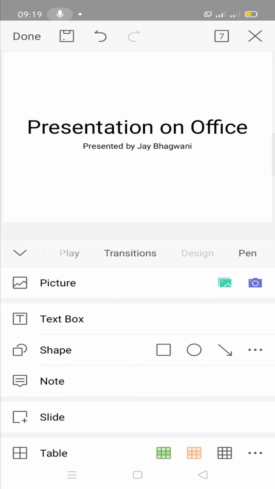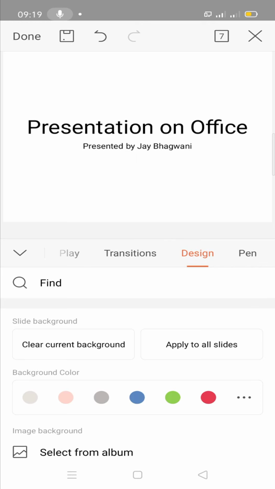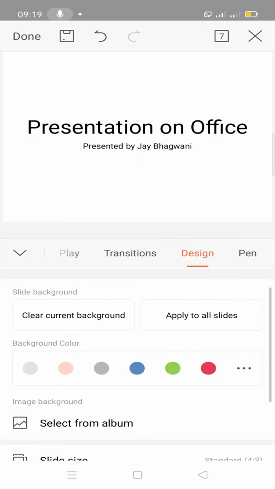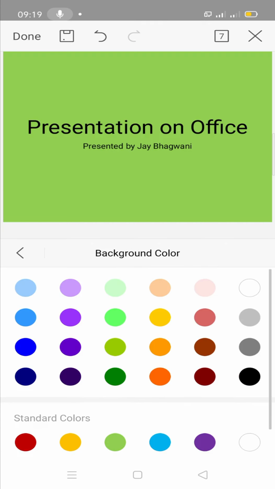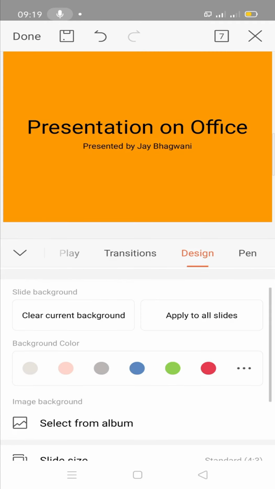So first I have to take one good design for it. Just click on design. Which background color do you want? Here is the background color. See which one suits you. Suppose I like this one. These three dots are there if you want to choose other colors also, so you can check it. After choosing the background color, you can apply it to all the slides. So here the option is there, apply to all. Whatever slides you insert, this particular background color will come by default.